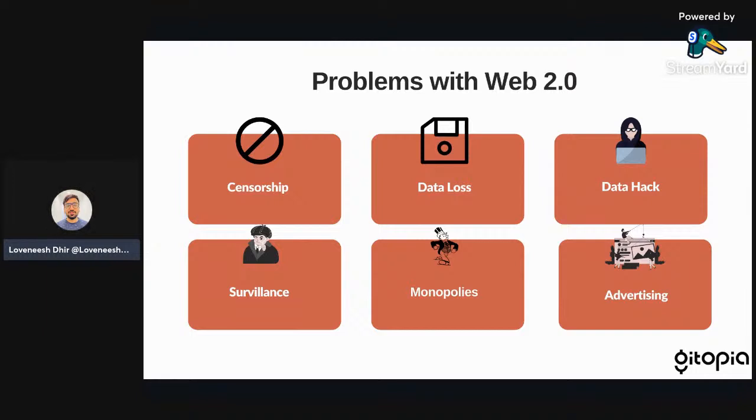So as we can see, the response to Web 2 is amazing, but soon the users are realizing that the internet was owned by no one at the time of Web 1, but now it is being controlled by a few tech giants. So the users now are realizing the fact that if we are not paying for using Facebook or Instagram, then we are not the customers, we are the products. And now we have no control over our data, like we don't know where it is stored and with whom it is shared.